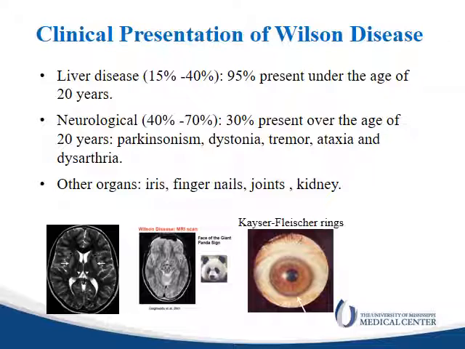Other organ systems can be involved, including the iris, the so-called KF ring because of copper deposition in the iris, as well as fingernails, joints, and kidneys. This is the Wilson's disease brain with abnormal signal in bilateral head of caudate and the putamen, and this is the midbrain copper deposition giving you a panda sign,